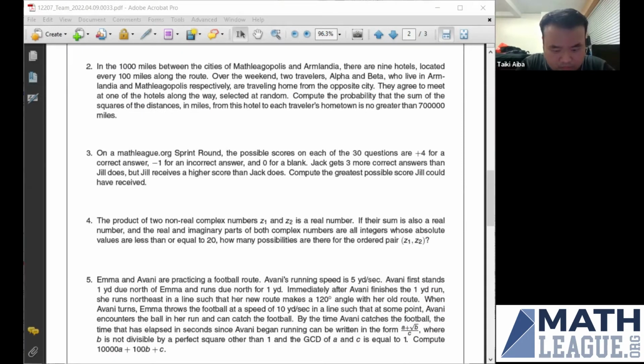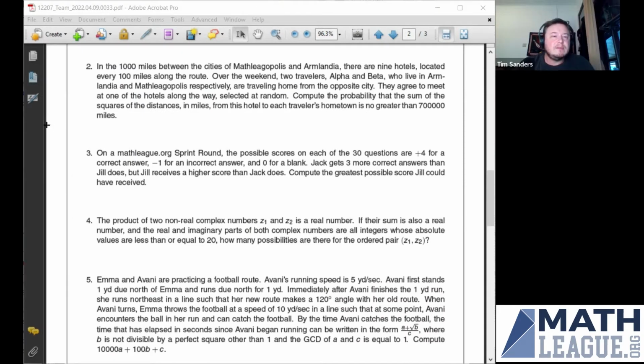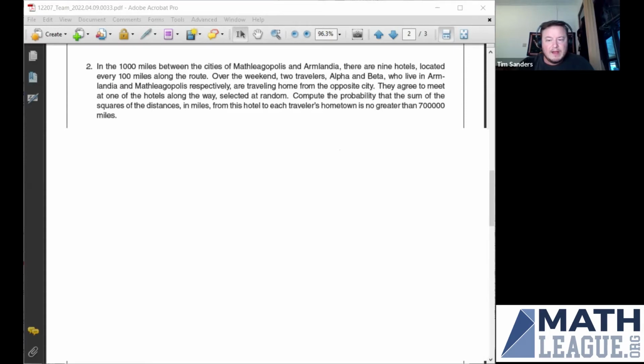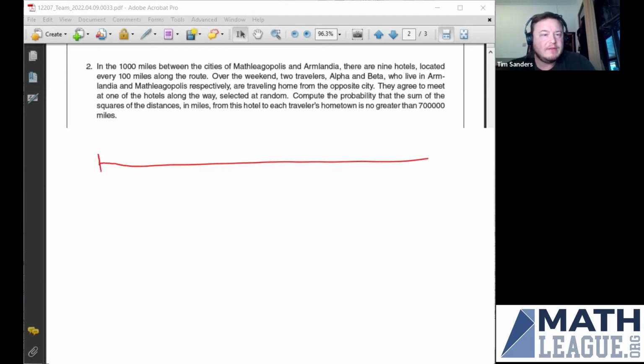All right, so let's take a look at problem number 2. All right, Taiki and I are going to spend a moment reading this one, and then we'll get back to you with our thoughts on how to do it. All right, I'm going to make a little drawing here first. So we have the cities M and A, and it looks like we have 9 stopover points on the way through. So I don't know how best to draw 9 things here, but